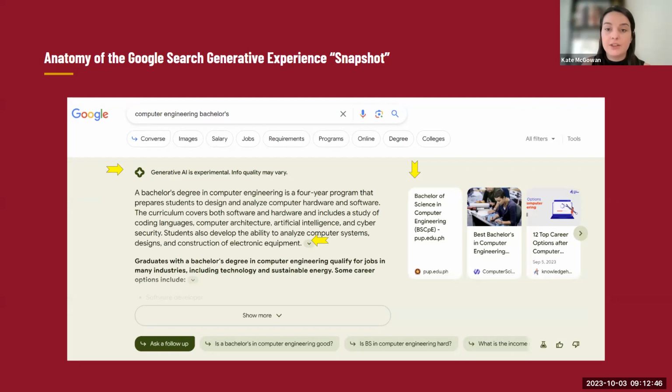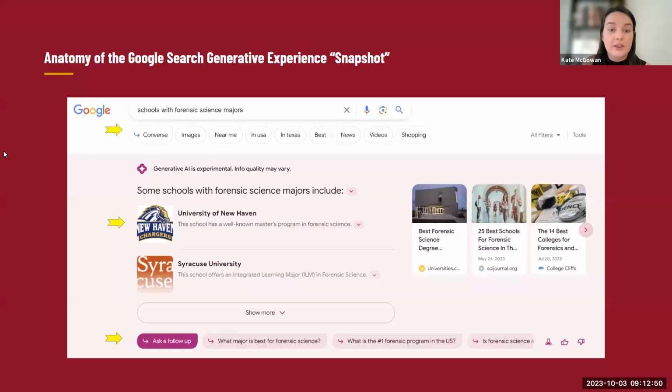You can see that this appeared when I searched computer engineering bachelor's with SGE enabled. Here, with the search School of Forensic Science teachers, the Google Search Generative Experience takes on a slightly different answer format. As the search is more related to finding an institution, panels with brands appear rather than an informational answer. As you can see, the right-hand panels are not the same brands linked in the generated list, but are provided